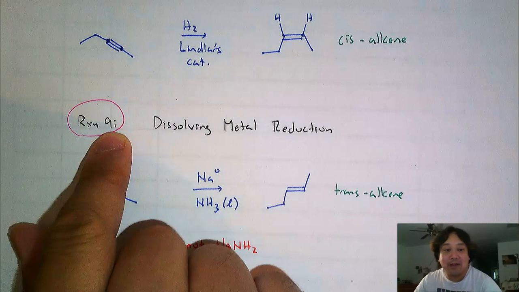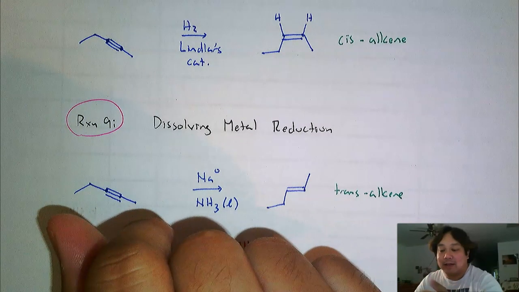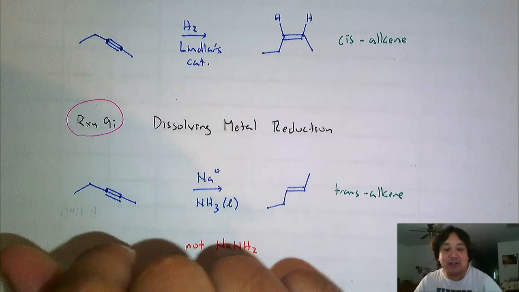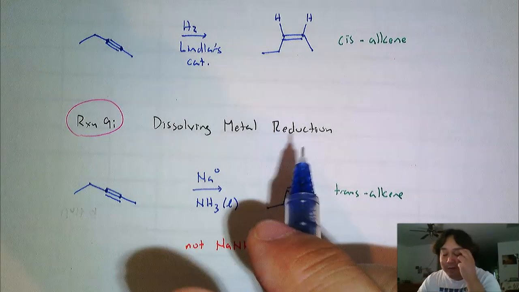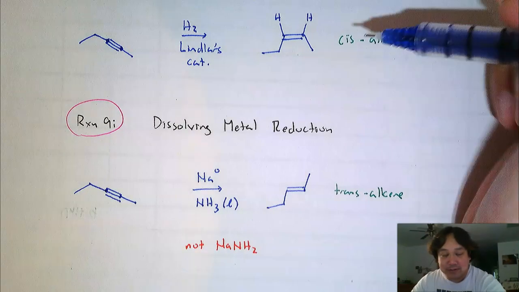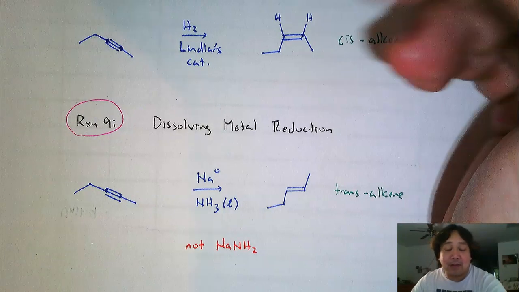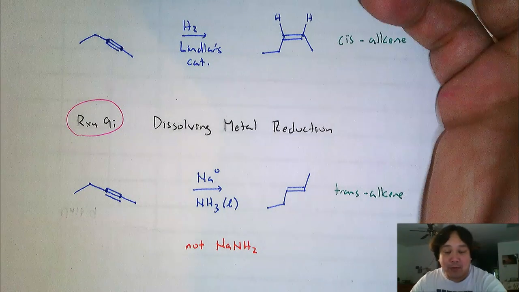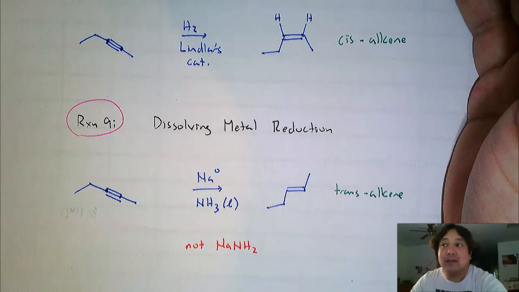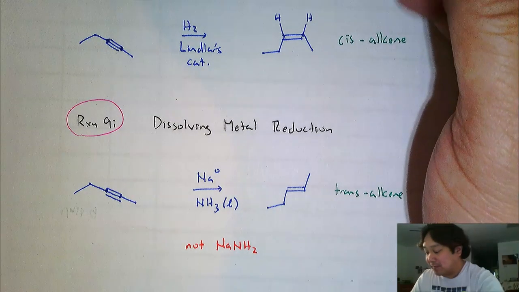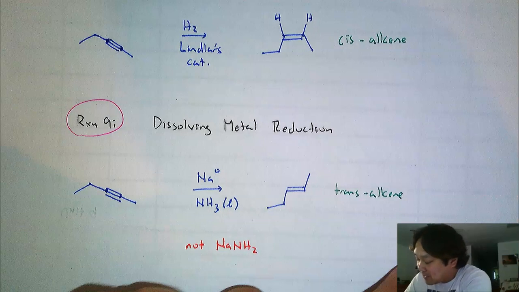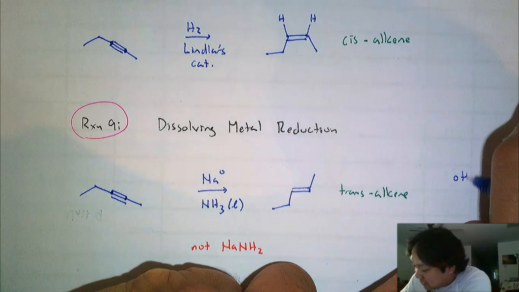We're up to 9. A, B, C, D, E, F, G, H, I. There's 9 reactions. Although some of them are very similar to each other, like the reductions, and a lot of them are analogous to something that you do know, hopefully well, the alkene unit. Okay. The other thing I want to say is